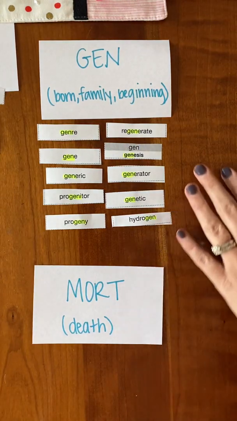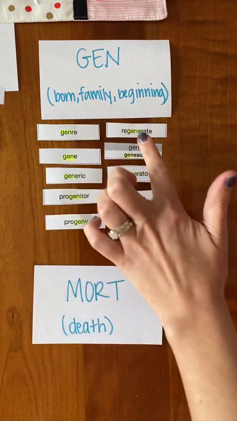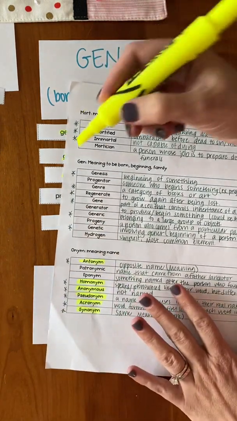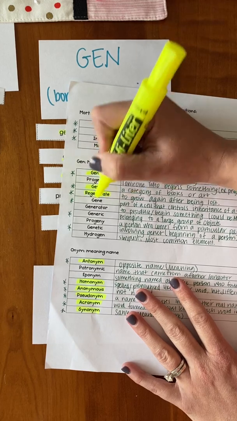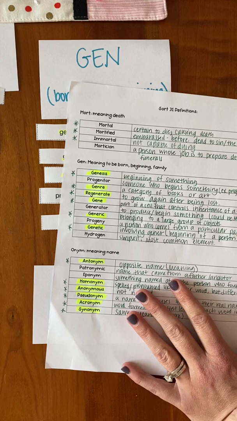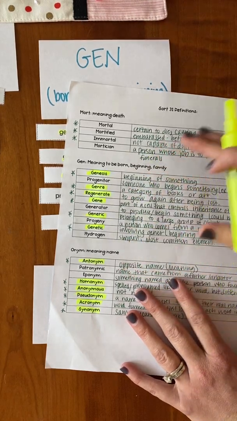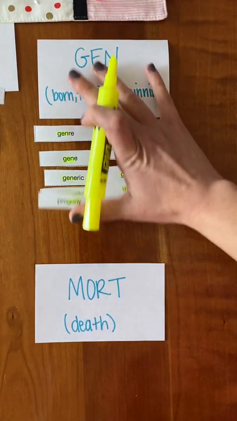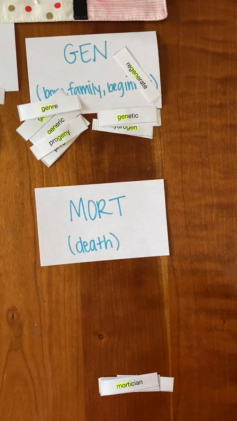Again, there are a lot of words on here that I wanted you to know, so that the more you are familiar with some of these root words, the easier it's going to be to help you understand. But again, in terms of things that I would expect a fifth grader to know and be familiar with, these would really just be the words that I would spend some time looking at and studying. The other words are just good to know, but these would be ones that I would think would be good to be familiar with. And then our last very short one, we have the root word mort,